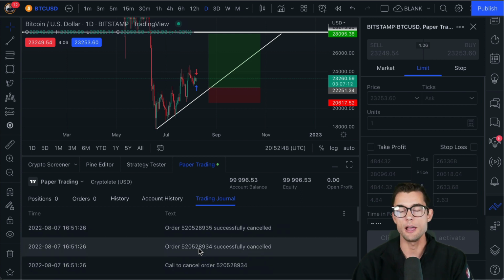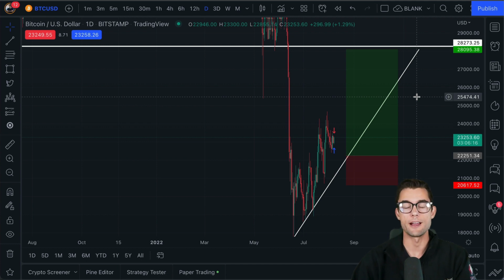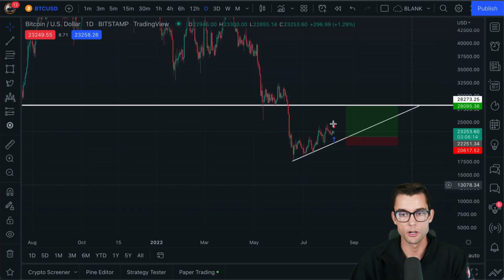Like I mentioned, I like using other softwares for this type of stuff. Tradingview is amazing when it comes to actually charting and analyzing coins and analyzing stocks. However, I like dedicated journals and dedicated trading softwares for my journaling and for my trading. So now let's get rid of this and let's talk about something that I absolutely love Tradingview for, which is